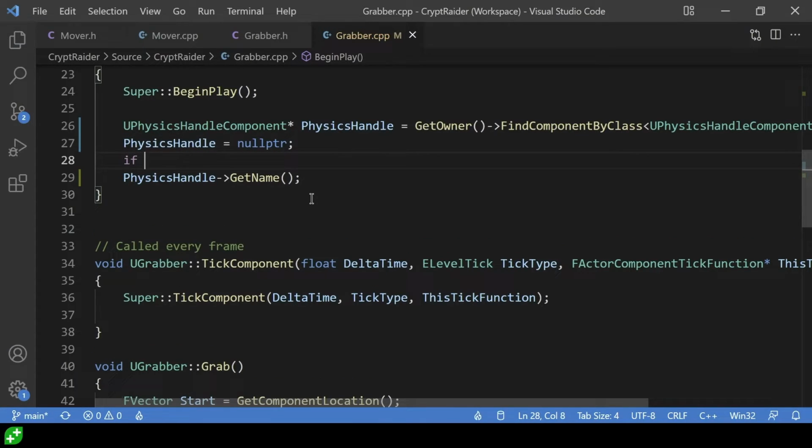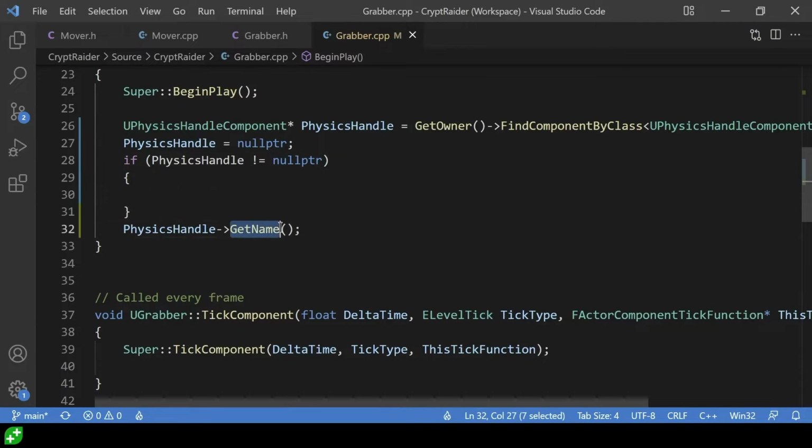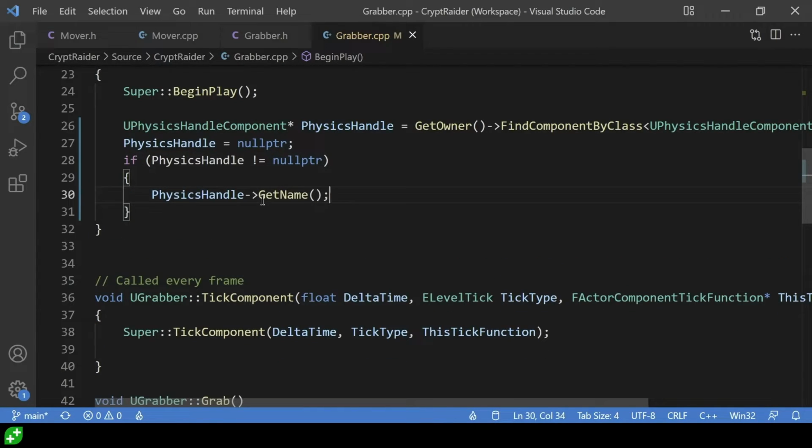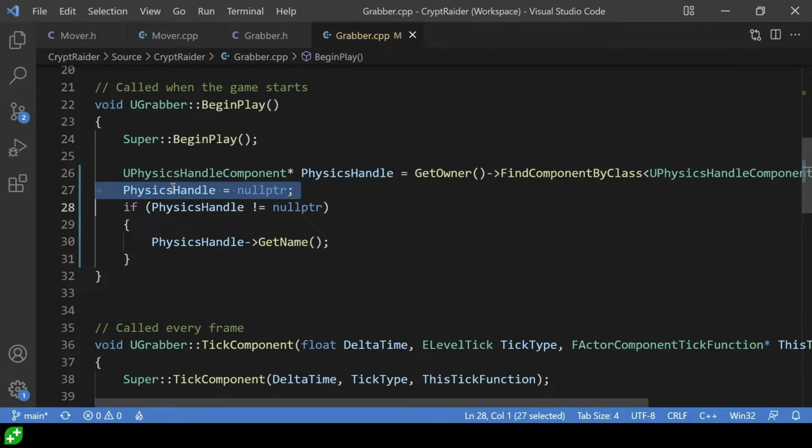We basically say if physics handle is not equal to null pointer, then we can go ahead and call stuff on that physics handle. So we can put the physics handle get name inside of this if statement, and that protects us because that dereferencing code won't be executed in the case where we have a null pointer. So I'm going to go ahead and remove line 27 now, where we are setting it to a null pointer,